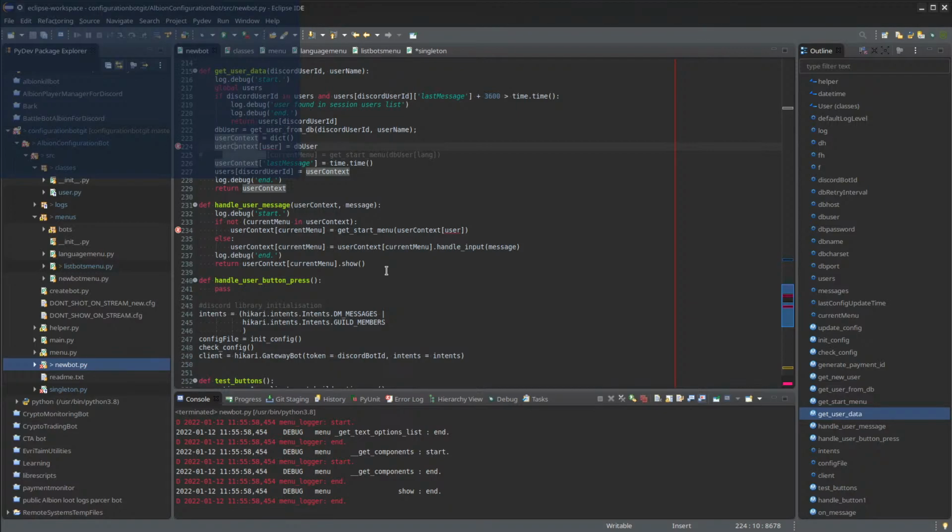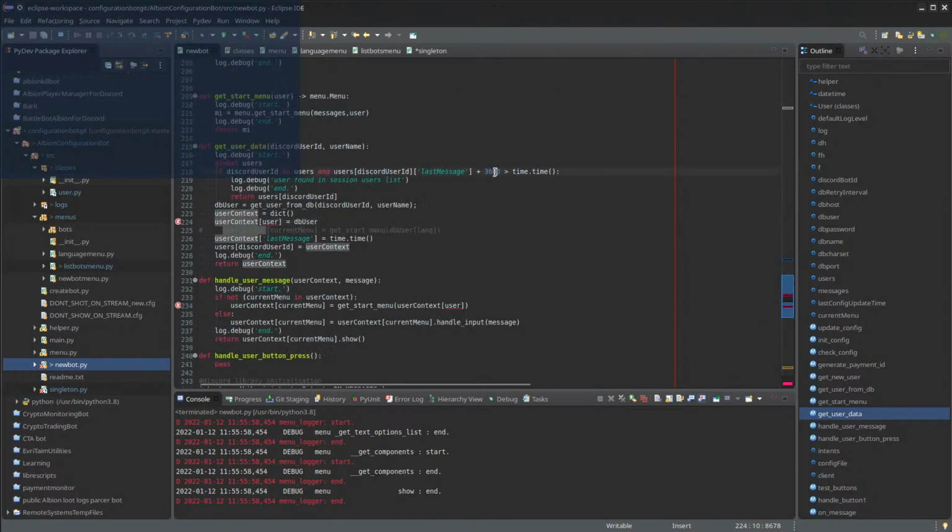used, it haven't been used for longer than an hour or two. I think it's an hour at the moment. Yeah, 3600 seconds. Yeah, that's an hour. So it haven't been used for an hour. It will just delete them from the